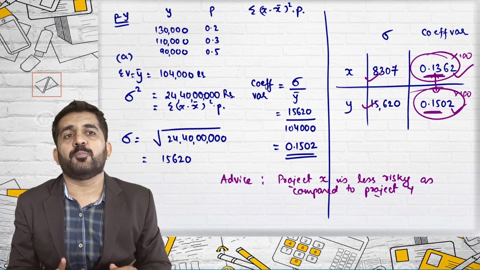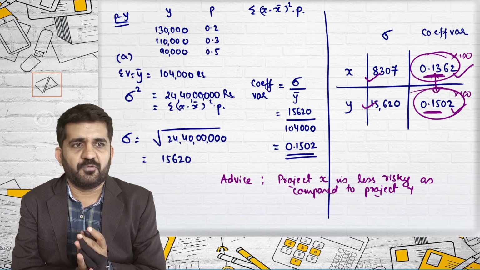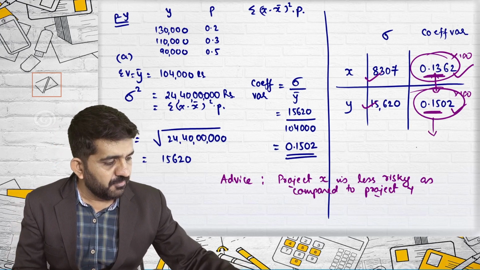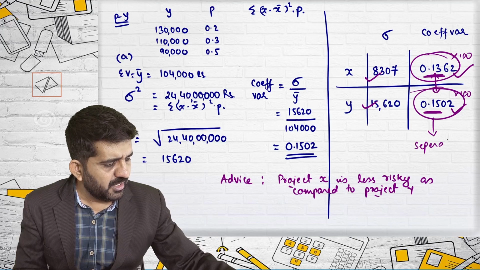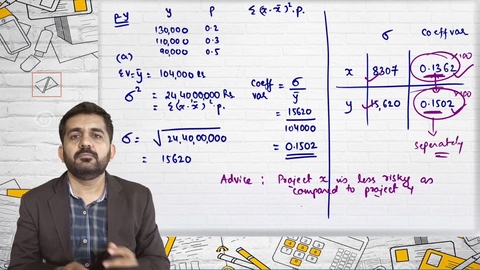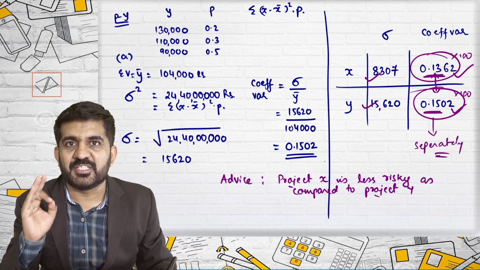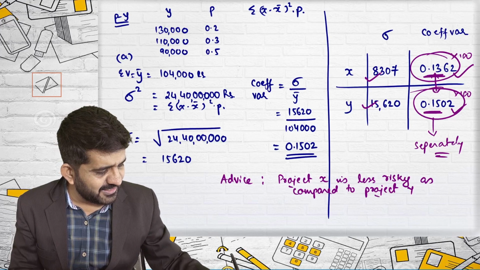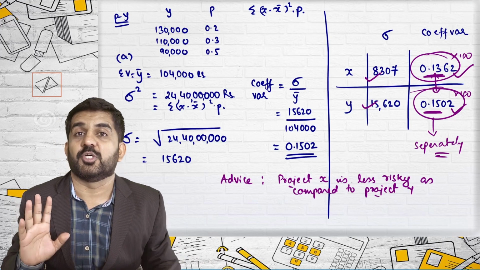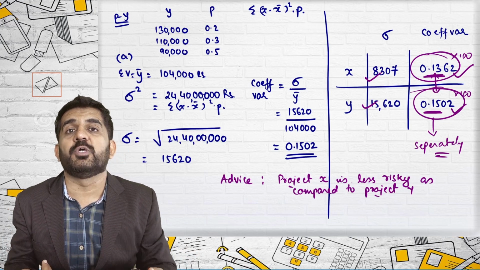We are incorporating risk into capital budgeting, and this is nothing but incorporation of risk into capital budgeting. We have not incorporated it actually, we have found it out separately. This is a measurement, and see my advice also, it is absolutely logical. Project X is less risky as compared to project Y. That's it. And the advice, don't advise to take up project